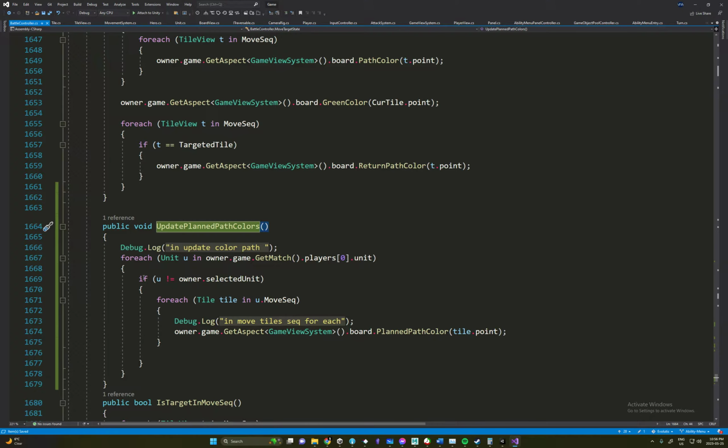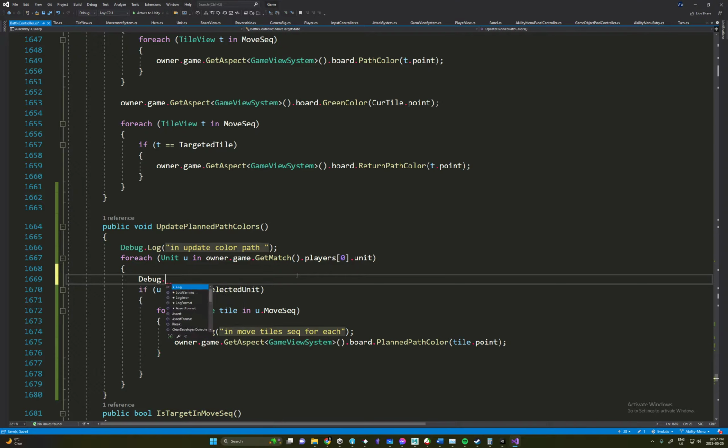It's almost like in update color path, did that not get called? In update color path. Let me do debug.log dot unit or match unit